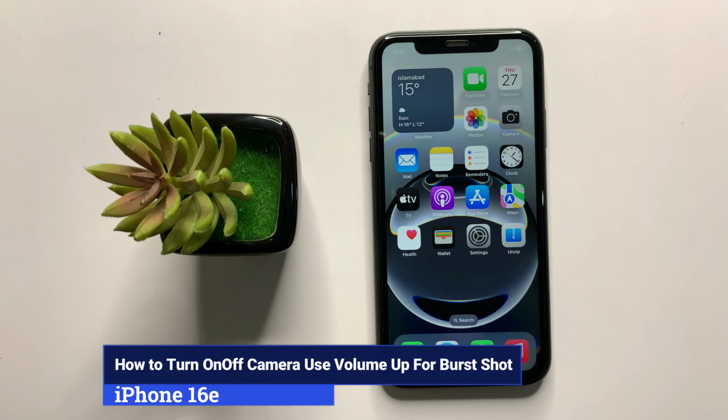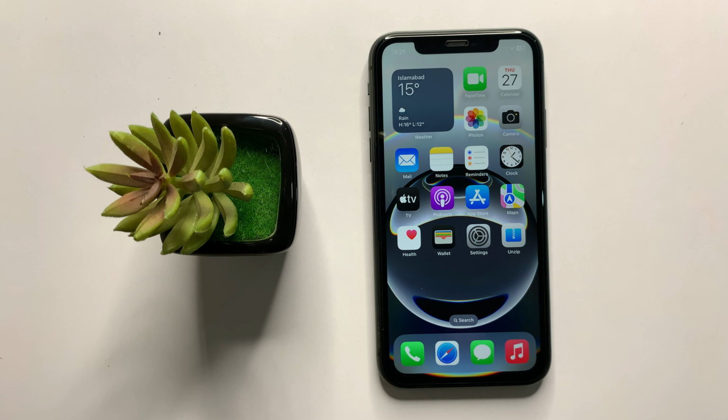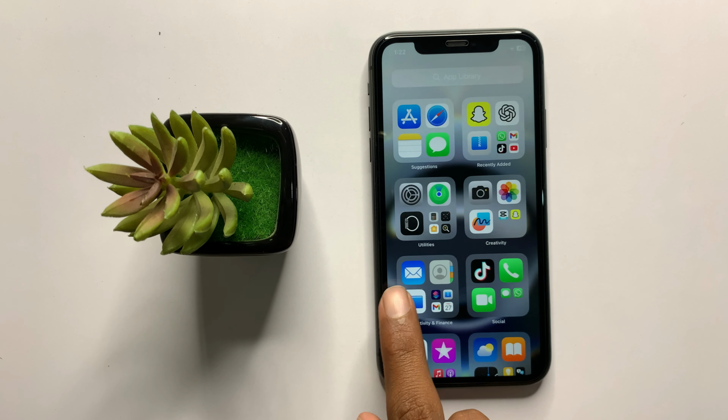How to turn on or off camera use volume up for burst shots in iPhone 16e. So let's start the video. First of all,